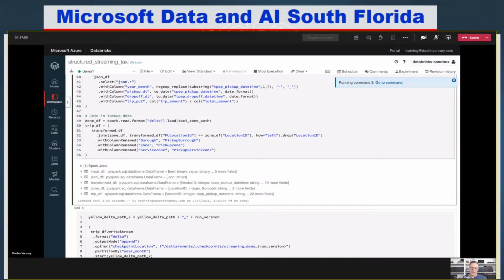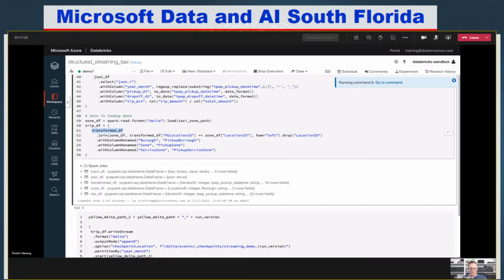This next piece is where I take that lookup table. I kind of skipped over the commented code for you. I take that lookup table and I do a join. So I'm taking streaming data and I'm joining it to static data. Some data I just read in once. I'm not expecting my taxi zones to change at all while this job's running, and I can do this join.